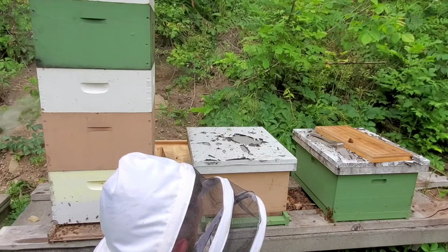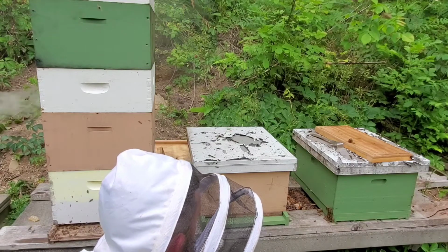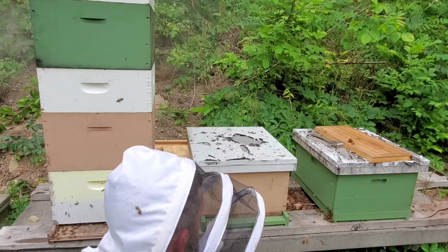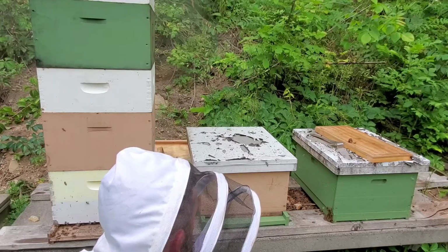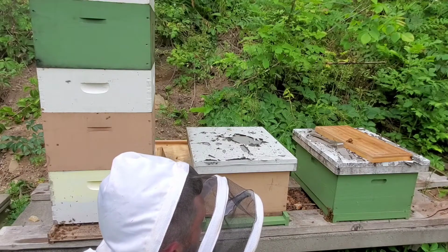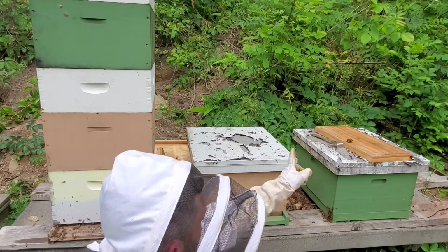They're coming right back to where they were coming from. So there's no confusion there. They're just wondering why their box is a different size and smells a little different, but once they get there, they figure out it's their home. And they're bringing in a lot of pollen, these girls are. That's pretty cool. Now the ones that are flying in on the other side,